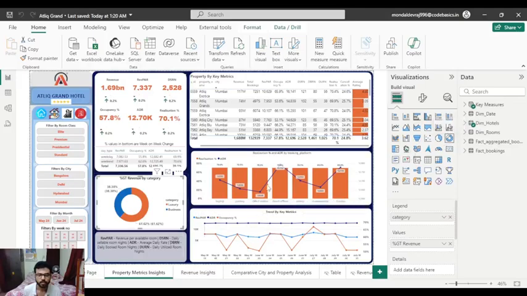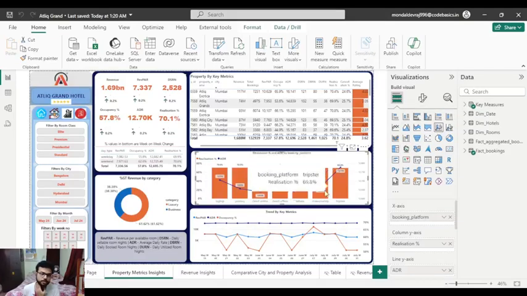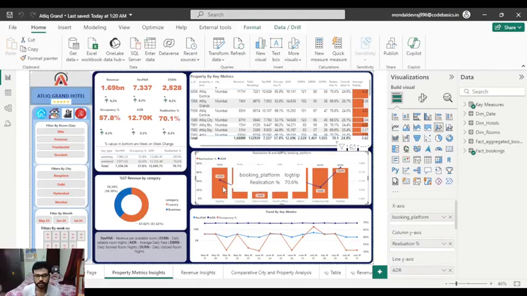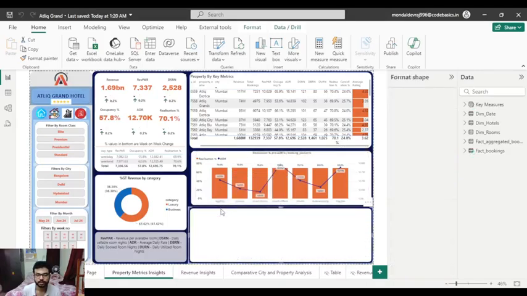Now, coming to the right hand side, we can see a line and stacked column chart basically. It represents the realization percentage and ADR by booking platform. As we can see here, for the booking platform Logtrip, the realization percentage is 70.6%. Now coming downwards, we can see